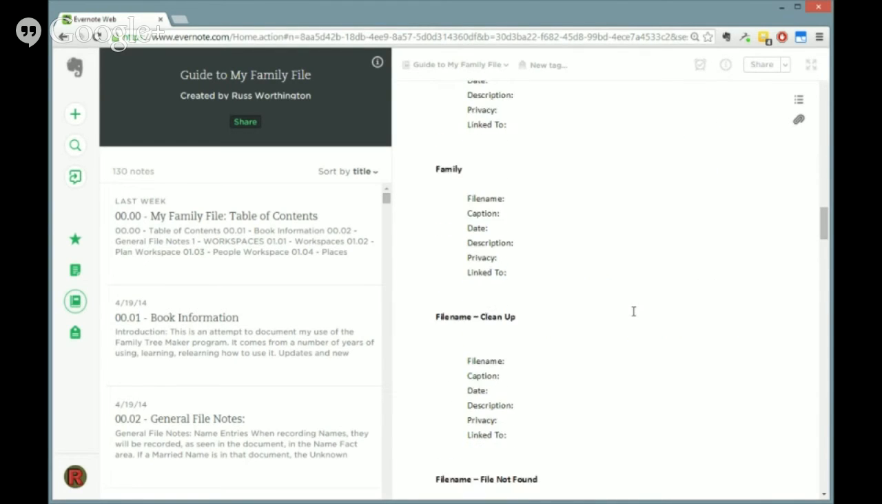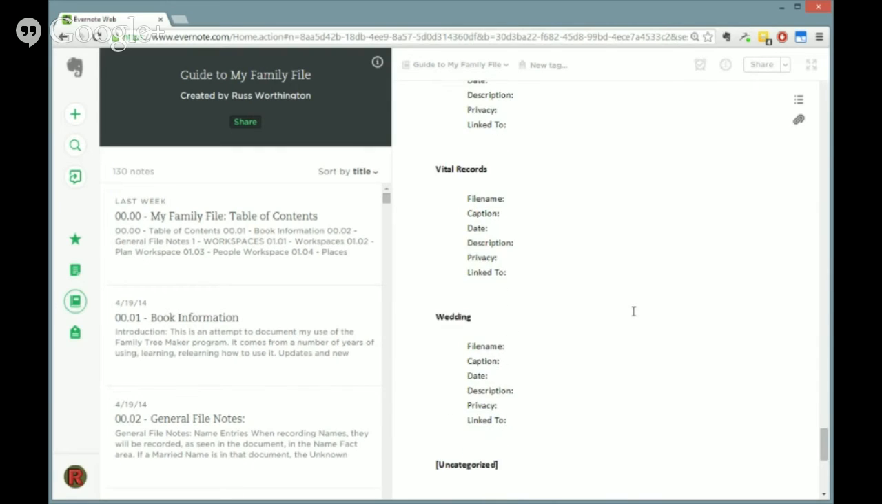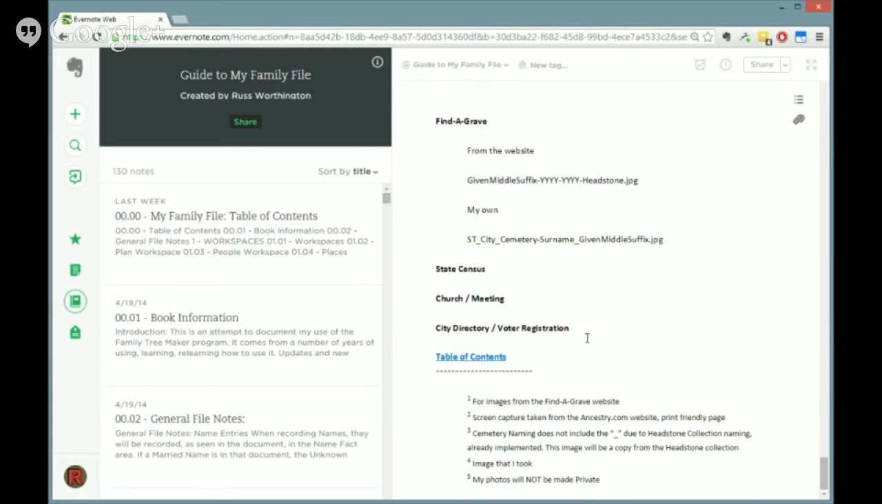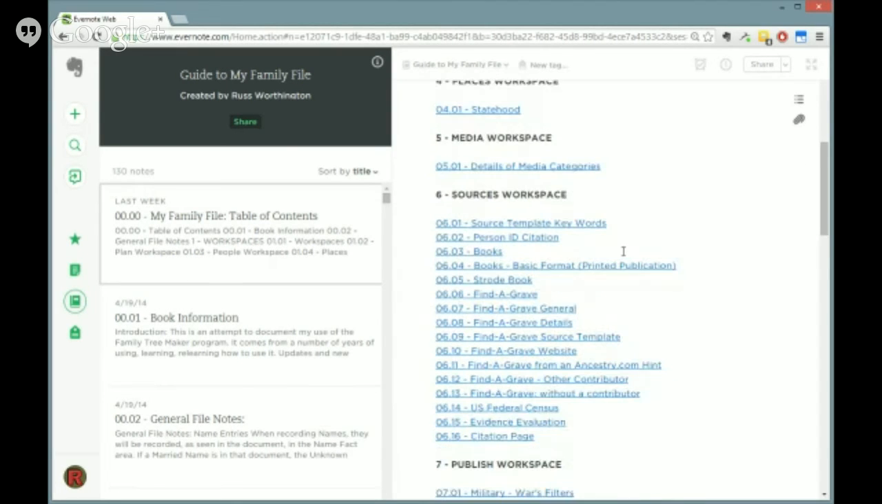And I'm going to get down to the bottom where I get the link back up to the table of contents. And we'll go there. And I've got this into some of the source information in the sources workspace. For an example,